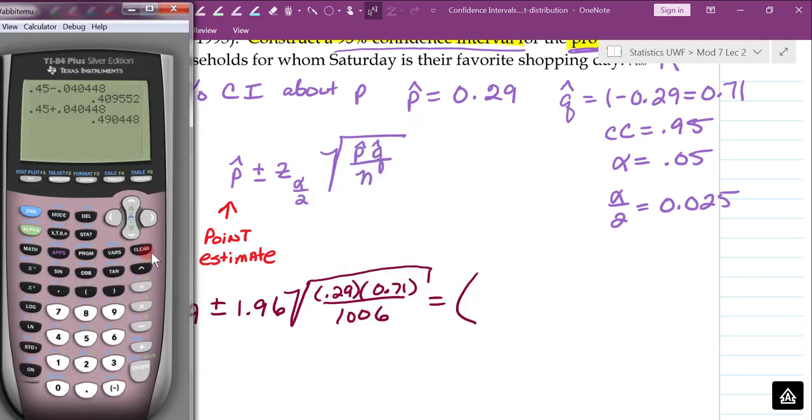We're going to put in 0.29, subtract 1.96, multiplied by the square root of 0.29 times, not divided by, times 0.71, now divided by 1006. We're going to hit enter, and we're going to get